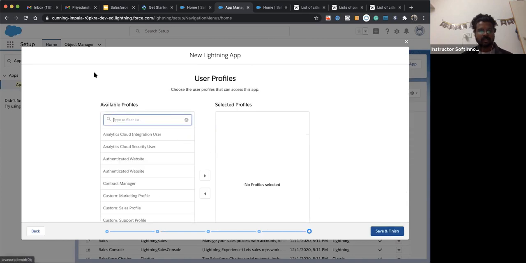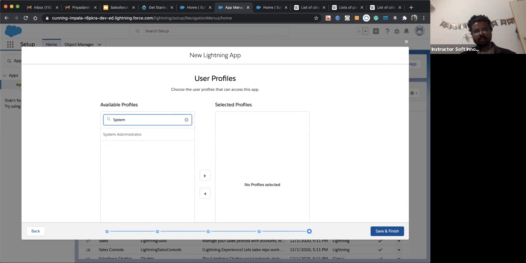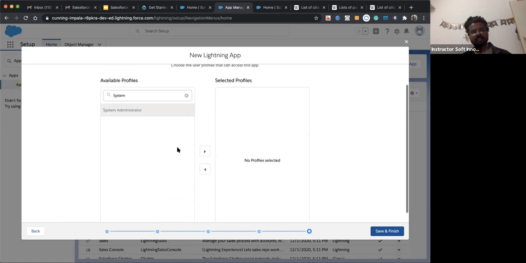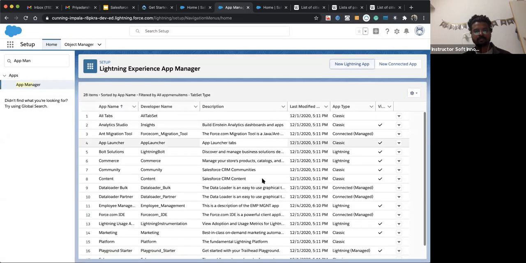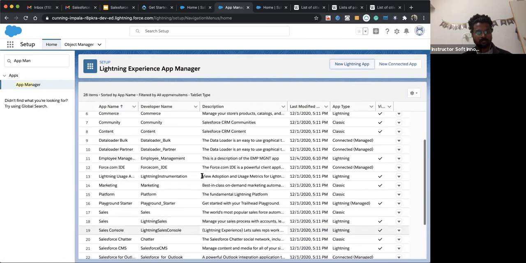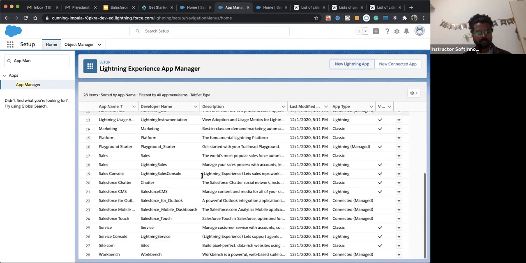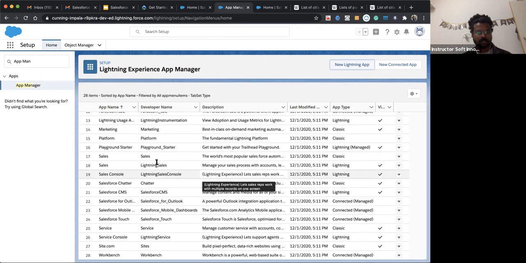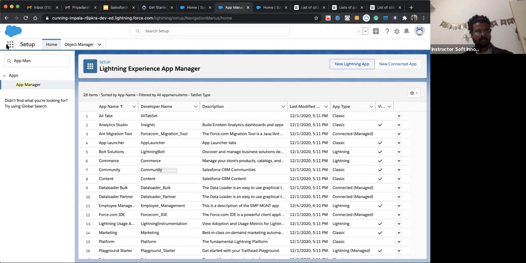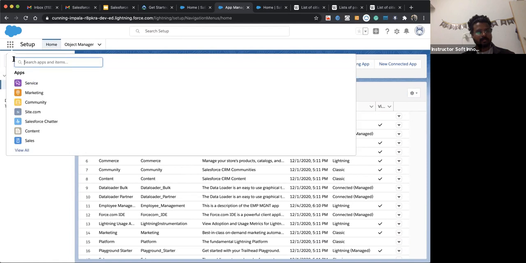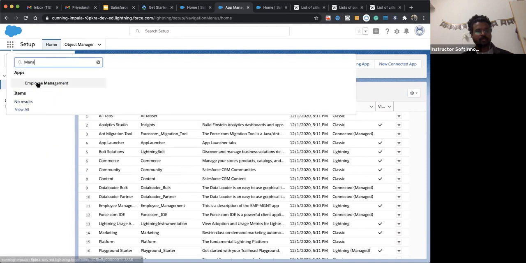And then it asks to which profile it should be available. As I told you, whenever we create an app, we assign that app to some user. So it's assigned to our user, because our user is system admin, and save and finish. Employee management.